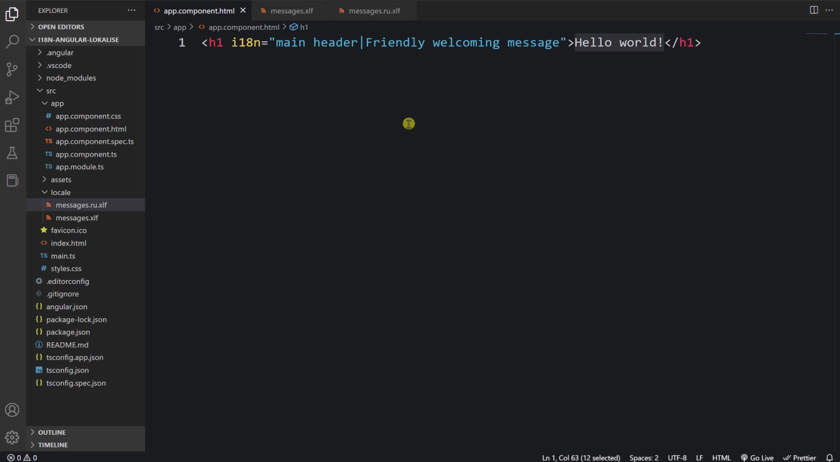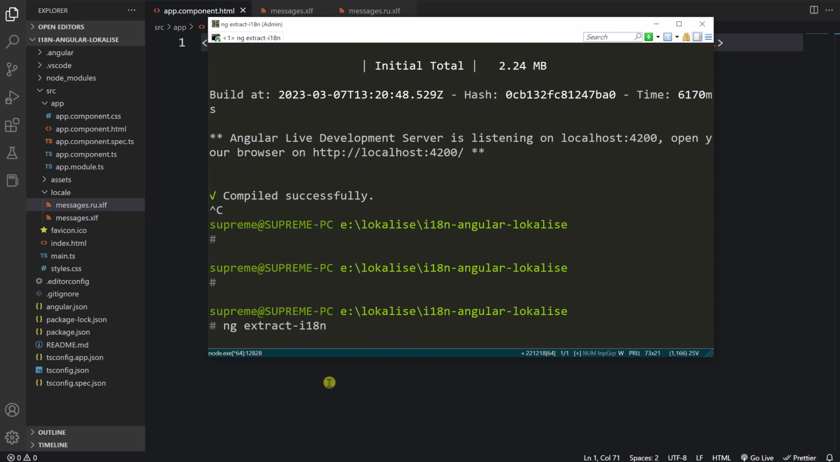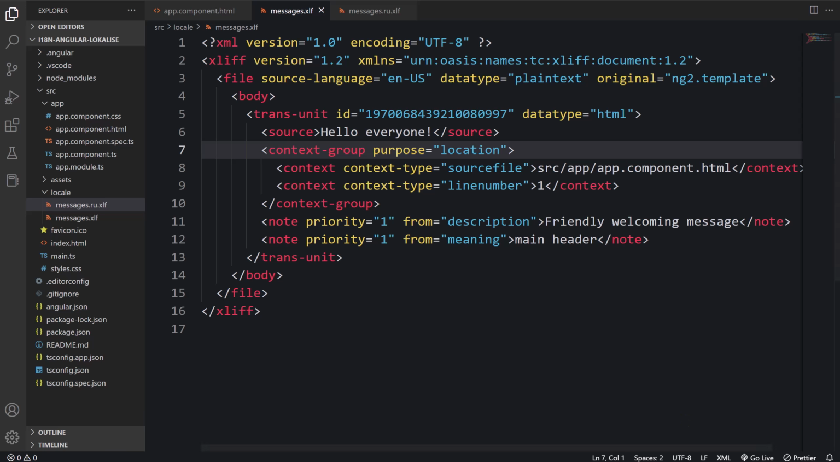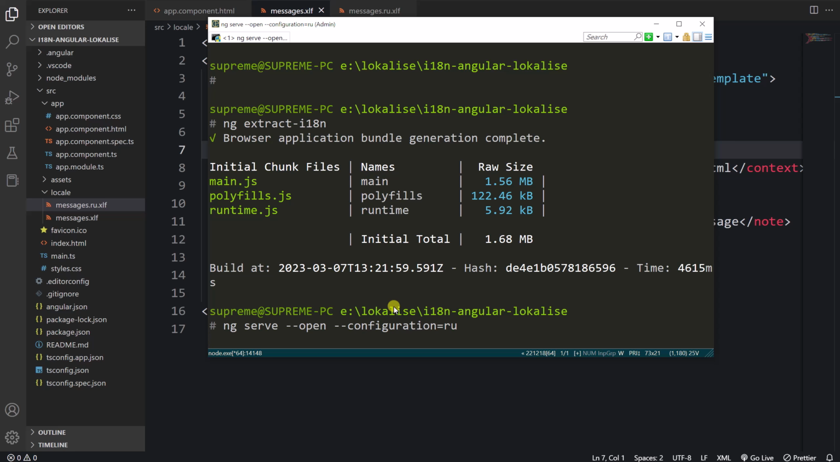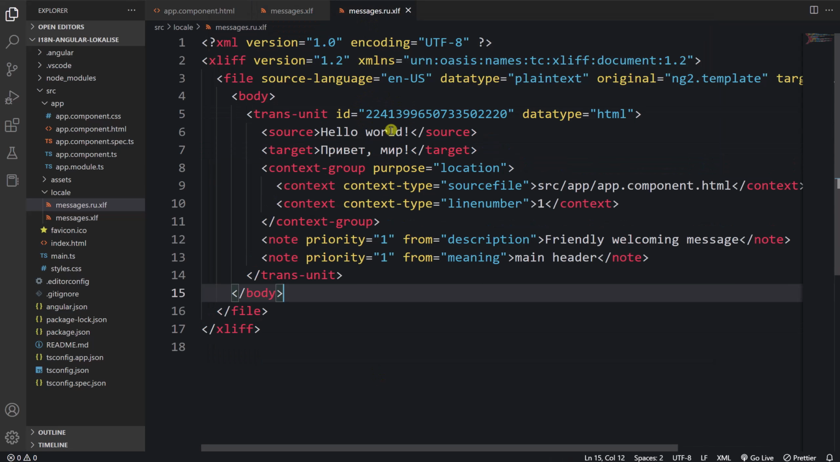And it means that if you change the meaning or the translation source, then the ID is going to change as well. So for example, let's say hello everyone, and what it means is we can now rerun this extraction tool, and you can see that the ID is going to change. You see, it was changed automatically for us. But now the problem is that if we serve the application with the Russian locale, we're going to get an error, because the IDs do not match. Here we have this ID, but here the ID is